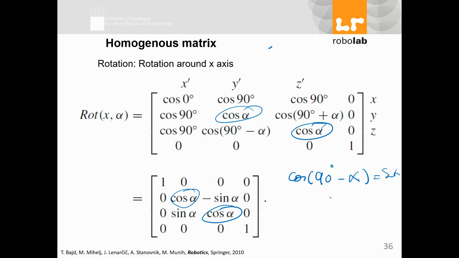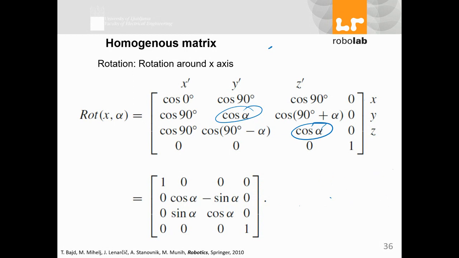And we know that cosine of 90 degrees plus alpha is negative sine of alpha. We already know that. Okay? So that's the rotation matrix